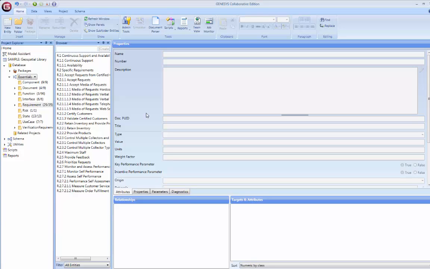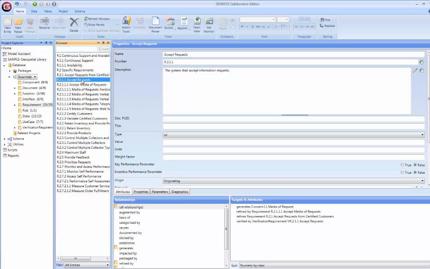The first step in viewing a diagram is to select the starting entity. I'll select Accept Requests. A moment ago, I mentioned a hierarchy definition. These are a key concept in hierarchy diagrams. A hierarchy definition is a set of rules that tells GENESYS what relationships and target classes you would like to